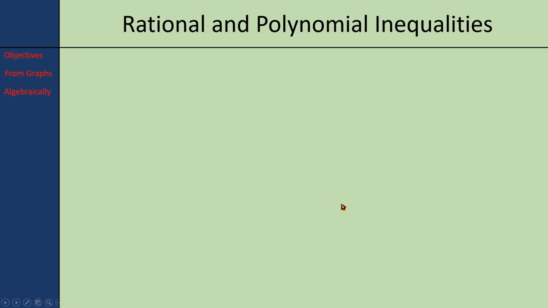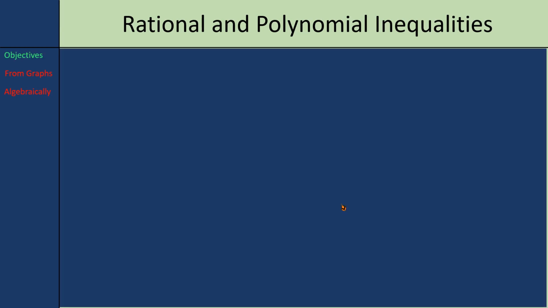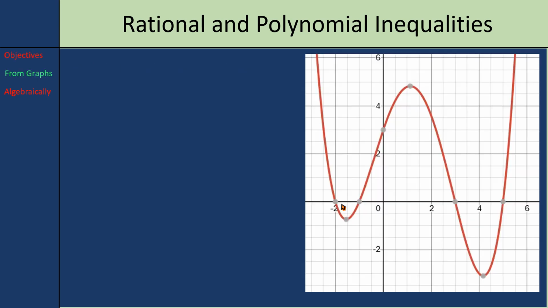Okay, so in this lesson, we are solving rational and polynomial inequalities. So the objective, of course, is to solve these inequalities by graphing and algebraically. Okay, so we're going to start with the graph, and this should give you an idea of what exactly we're looking for. Imagine f of x looks like this,